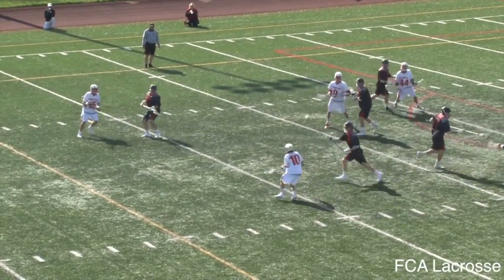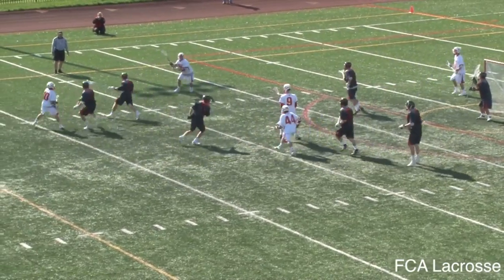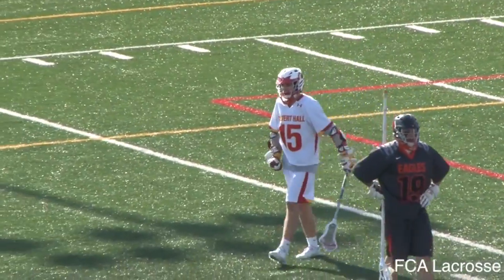Fanshaw gets it to Timmy Kelly. Now it's Germershausen. Under move by Germershausen. Comes back lefty. Shot, goal! Timmy Kelly logs on to